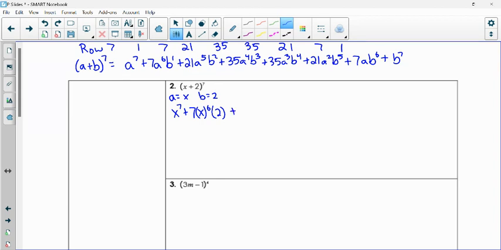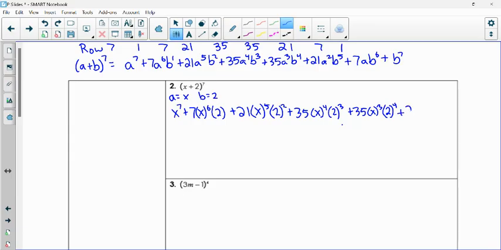Then I'm adding to that the 21. Instead of a, I'm putting x to the fifth. And then instead of b, I'm putting 2 to the second. And then instead of that, I'm doing 35. A, I'm putting x, so it'd be x to the fourth. And then 2 to the third. And then I have my other 35 plus 35, x to the third. And then instead of b, I'm putting 2 to the fourth